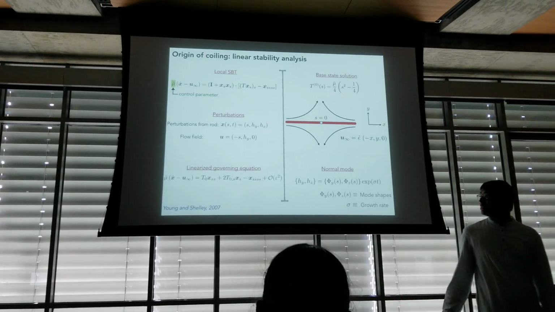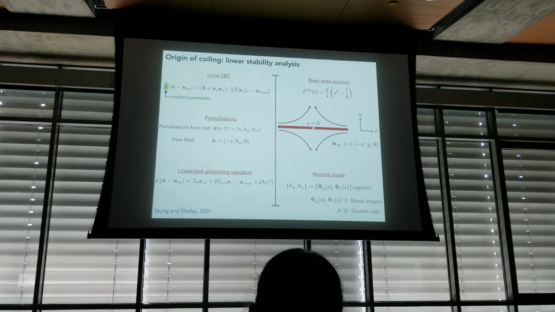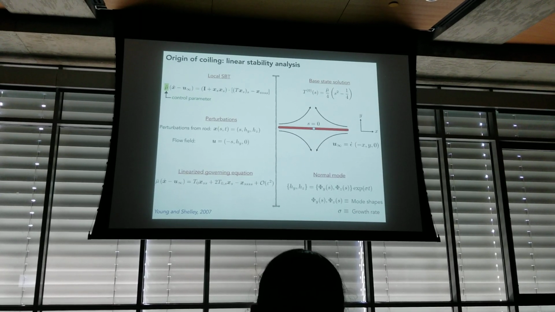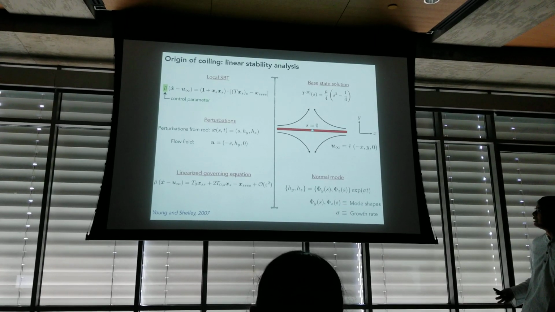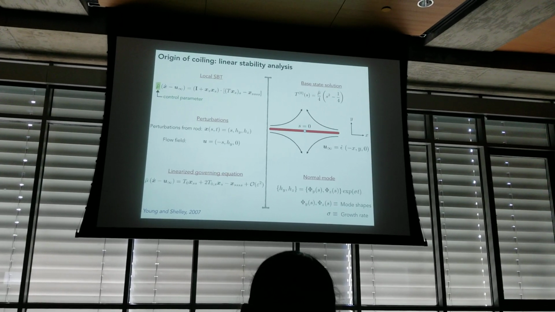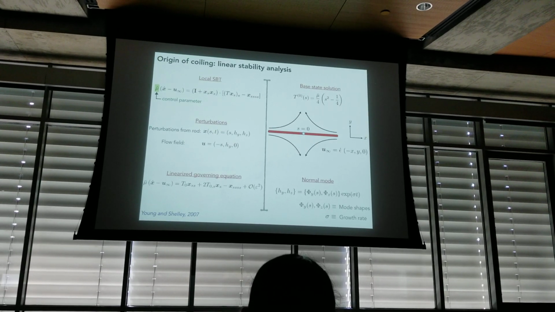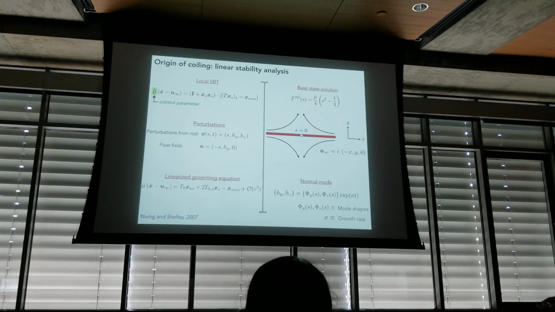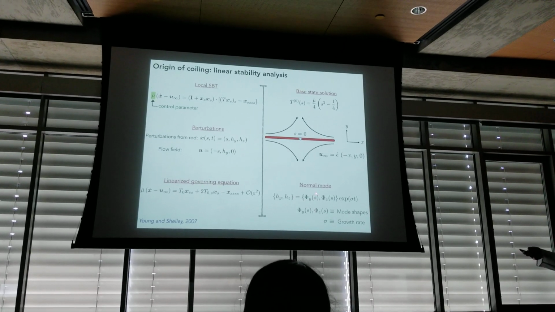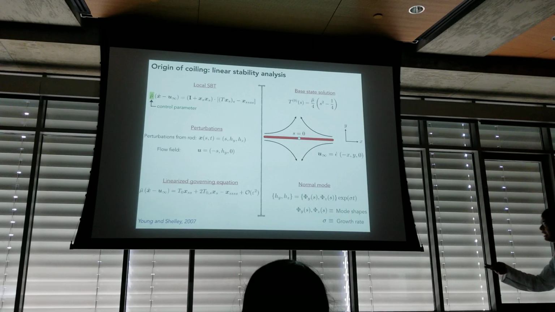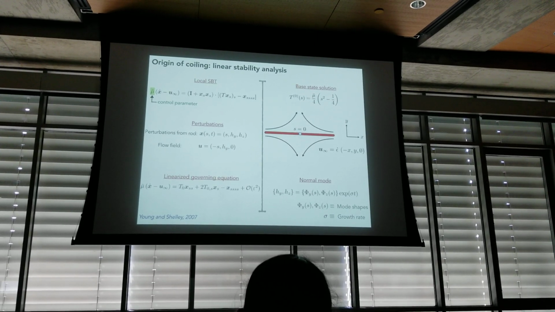So the base state of the problem is a straight elastic rod that's kept in the stagnation point flow. And associated with this base state is a parabolic tension profile that's shown over here. Now you turn the crank, you perturb the conformations in the in-plane and the out-of-plane direction. That's hy in the xy plane and hz in the xz plane, small perturbations. You linearize the governing equation around this base state and use the ansatz of normal modes. So phi y and phi z are the mode shapes for the perturbations hy and hz, and sigma is the associated growth rate.